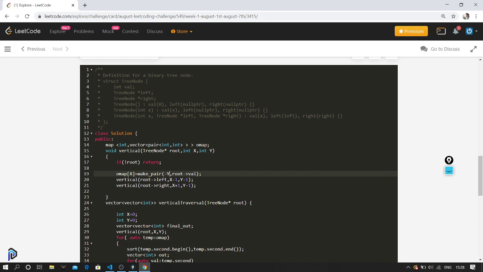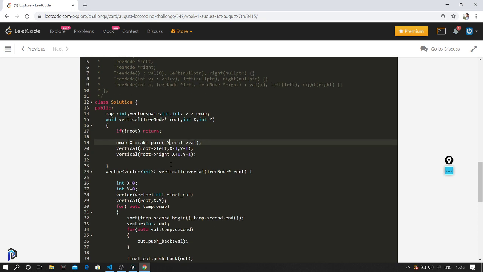Make pair. We are going to assign this value to this particular index. So we should not assign it to it. We should push back inside the thing. Okay, it would be a vector of vectors. So we should not assign it. It should be pushed back here. The thing is, this umap particular index would be a vector of pairs.